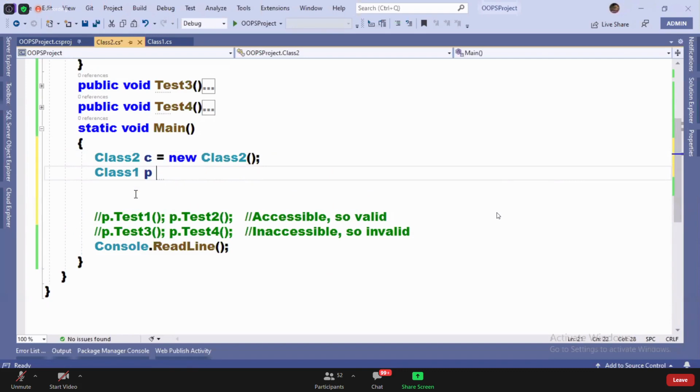Class 1 P. Tell me, what is C? Come on, guys. What is C? Instance of the child class. Instance of the child class, right?